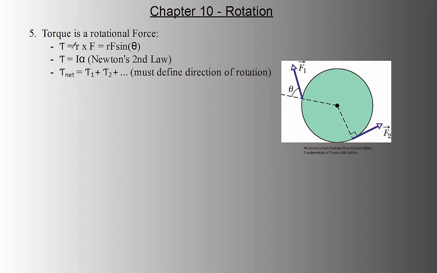So there's two ways to do it. You can either increase the radius from the pivot point where you're pushing, or increase the force. If you decrease the radius, you're going to have to increase the force, which you can probably feel when you're trying to do that by,